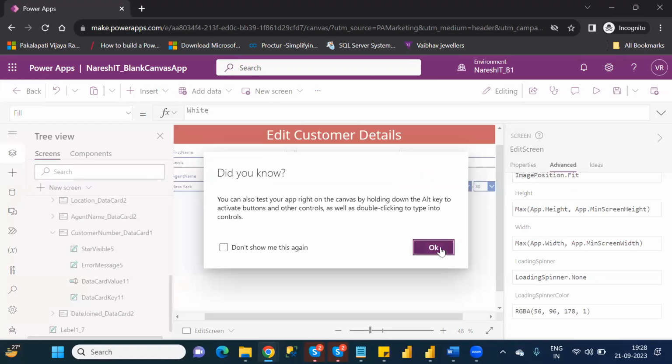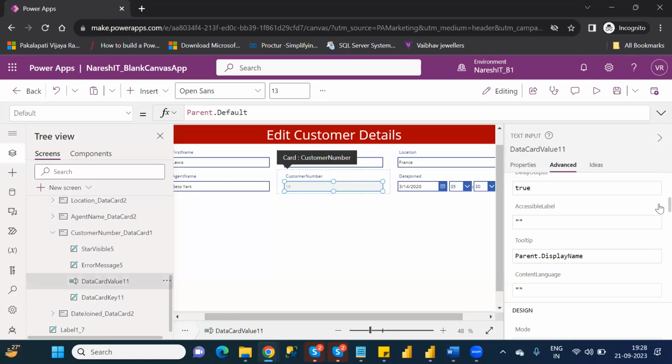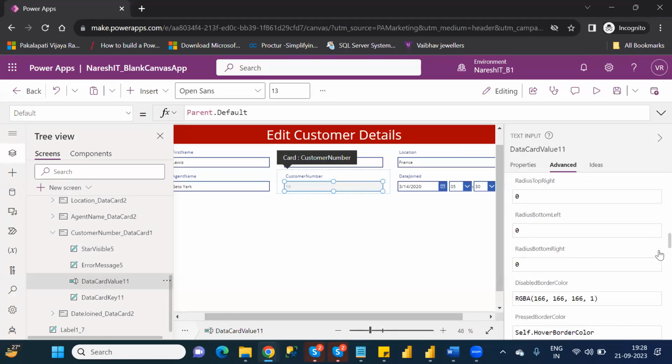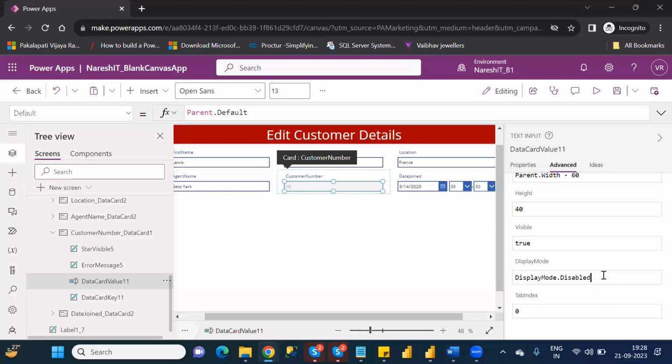For me, it is required, I want to convert it into a view mode. View and disable are both the same, right? Because we don't want to edit it. Just select Disabled or View also. If it is Edit,